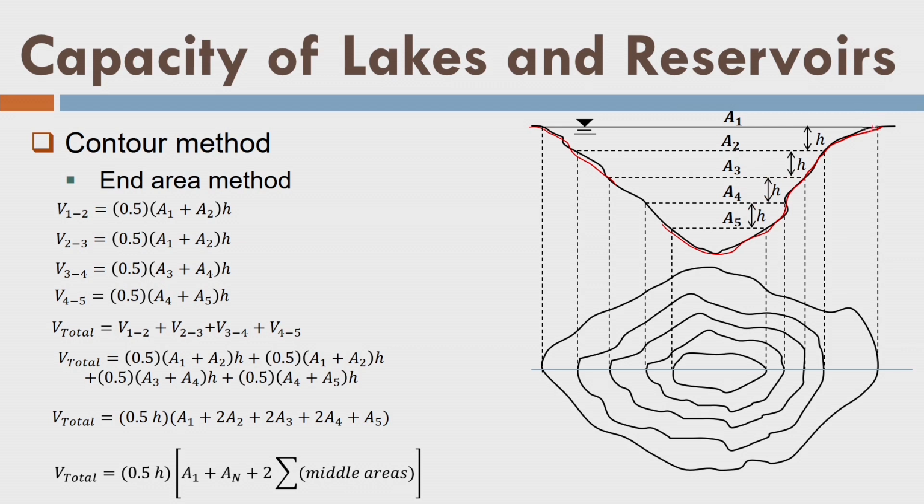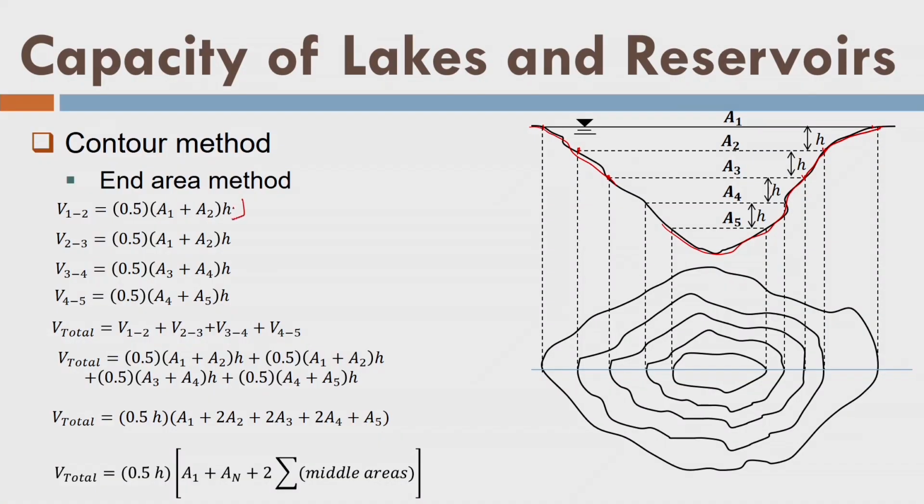Let us say on the map we measure this A1 area using a planimeter. Similarly, I measure A2 area at this level and so on. Or we measure A1, A2, A3 from our hydrographic survey. That means we have derived this section from the hydrographic survey. Now we have divided this section into different levels and at each level I am determining the planimetric area A1, A2 and so on. By using simple mathematics, I can write the volume between section 1 and 2 as the average of the area into height, which is the volume of the water. Similarly, I can write for each section, and so on.